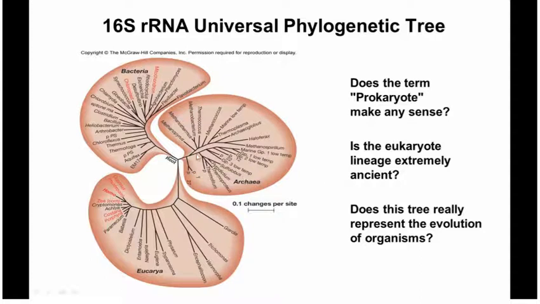But if these two groups of cells are so different, maybe we shouldn't put them in the same class. So there were some microbiologists who proposed this. We should stop using the term prokaryote. But most people, including me, think that we should carry on with this because it's useful, because they have a lot of similarities in simple cellular organization, the way they live,